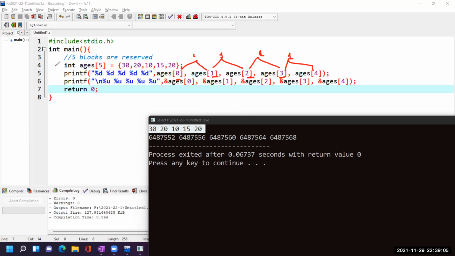Here it is 5, that is okay. We are writing their names using the index. What if I want to store 1000 ages? Then how many would you write here?